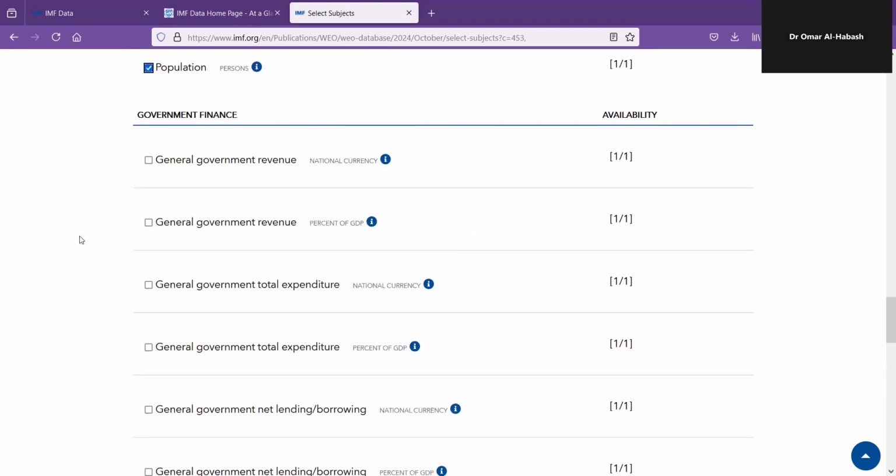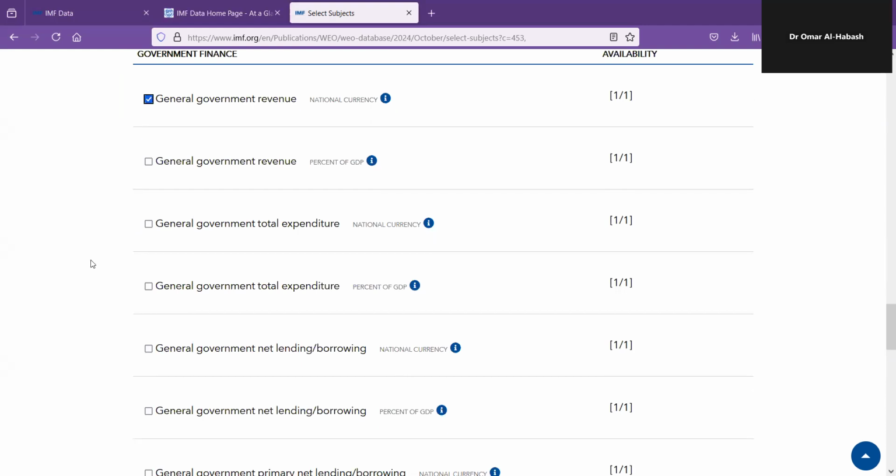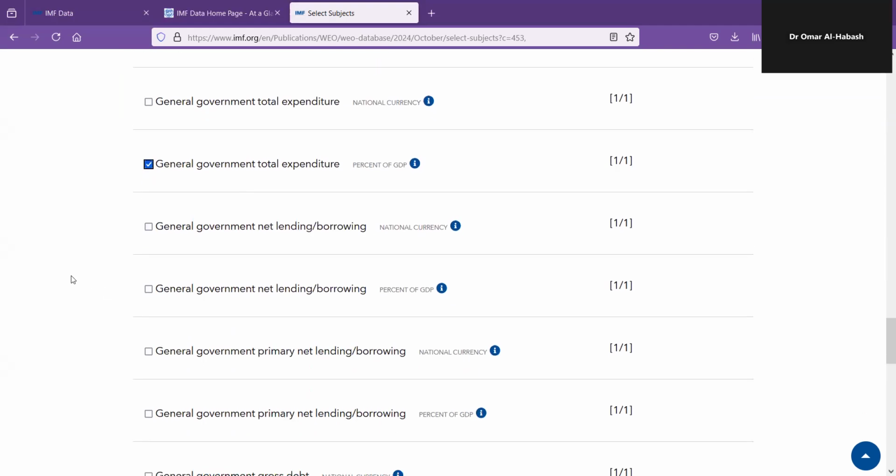Then let's look at general government revenue, as a percentage of GDP. You have general government total expenditure as a percentage of GDP. Looking at general government net lending borrowing,